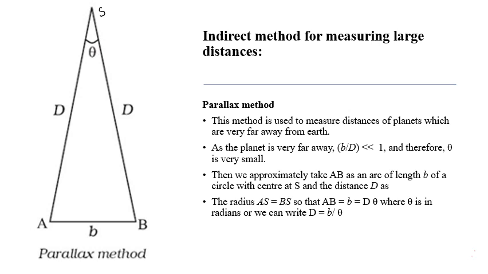Parallax is the apparent shift in the position of an object with respect to another when we shift our eye sidewise. The closer object always appears to move in the direction opposite to that of our eye. Large distances such as the distance of a planet or a star from Earth can be measured by the parallax method. Look at the diagram, students. So A, B and S are given. This is for easy understanding.